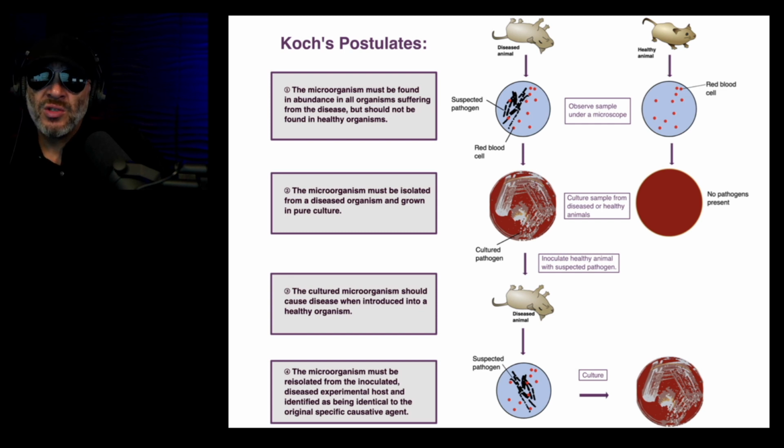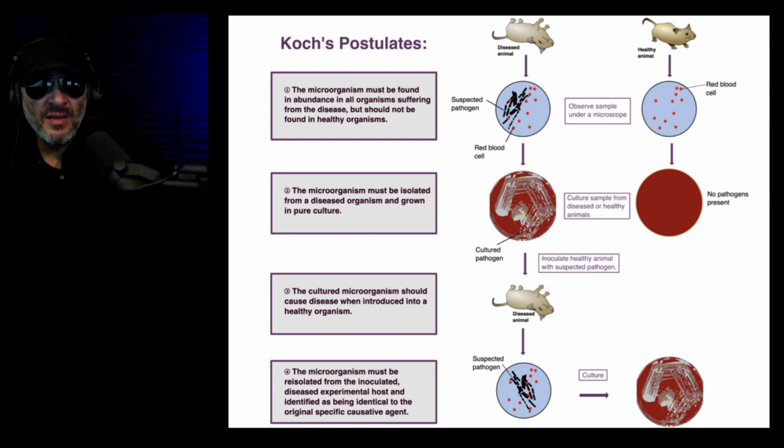Now, we just read that when it comes to viruses, there's no such thing as a pure culture because the virus requires a host cell. So because of that, there's a little leeway here. But the idea is we want to get a sample from a diseased individual, probably nasopharyngeal, I imagine, and then grow that in a culture and see it in the petri dish. And that's the little diagram we see over here to the right that's red with the little white smears on it.